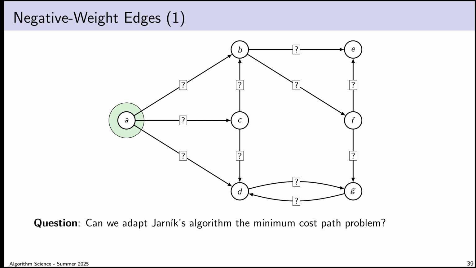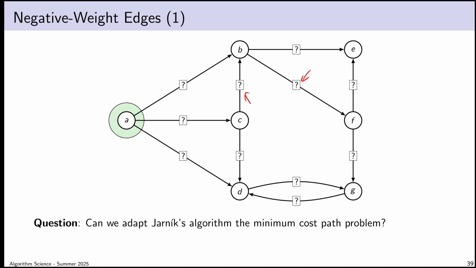Okay, so I guess we now have a new focus for our attempt at developing a faster algorithm. Can we adapt Jarnik's algorithm to solve the minimum cost path problem? For the sake of my illustration, I would like to explore the graph sort of like how Jarnik's algorithm does. That is, when we work with Jarnik's algorithm, we don't care about what's happening really far away from our tree. So to try and simulate that exploratory process on slides, what I've chosen to do is to obscure the weights of all of the edges in the graph that aren't immediately touching my tree, because I shouldn't know what they are because I'm only focusing on my tree.